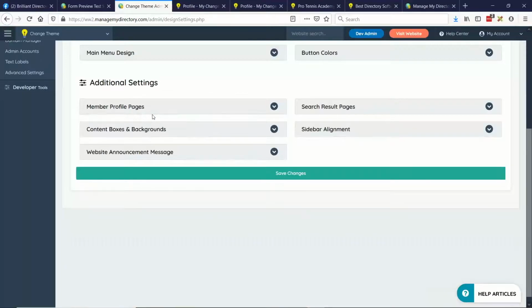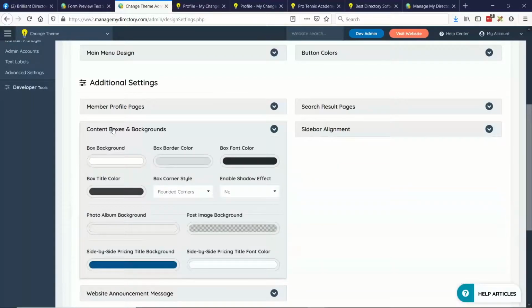Let's see what else is noteworthy here. Content boxes and backgrounds. This was previously called modules, and it had a lot more options in there. So we're just calling them content boxes. Those are the holders that you'll see in your sidebars and things like that. You can easily see now, choosing the box background, border color. And there is a new one: an option to enable a shadow effect on these boxes. You can just turn this on or off, and I'll show you what that does exactly.